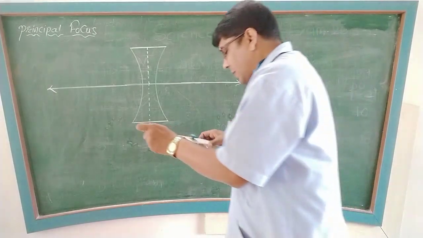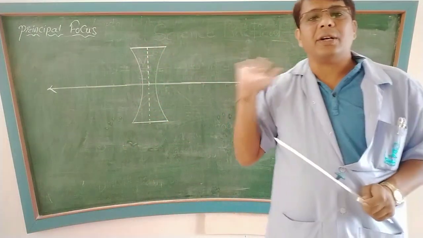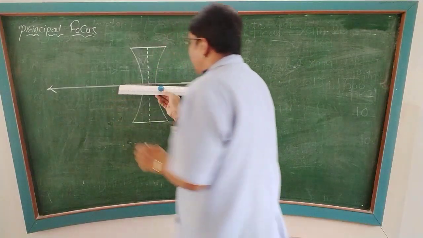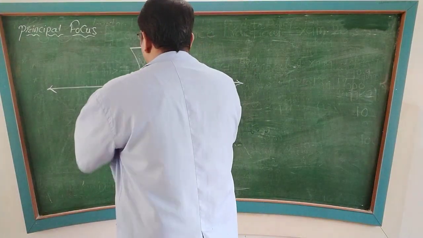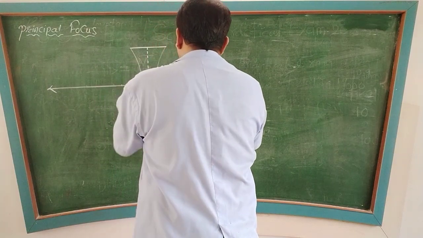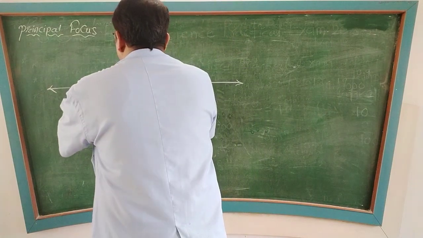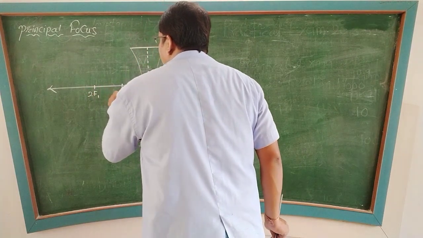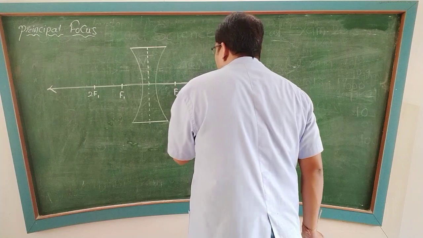Now secondly, again just like last time, don't bother about what radius you have taken on the compass, forget about that. You take a certain distance. Suppose I am taking, now distance has to be taken from the optical center, 5 centimeter I am taking. So this is my F1, this is F2. Again you can have 2F1 and 2F2. Get that habit of marking them. So this is 2F1, this is F1, F2, and this is 2F2.